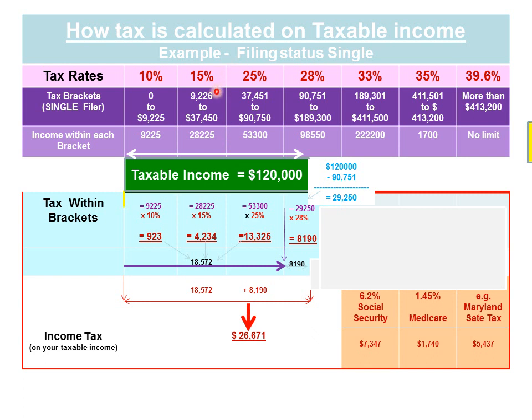For example, he pays a 15% tax on his income within $9,225 and $37,450. Next in dark green shows our taxpayer's taxable income of $120,000. His income amount in the 28% bracket is $120,000 minus $90,751 or equal to $29,250. In the blue area, we see that tax is calculated by multiplying the taxpayer's income within each bracket by